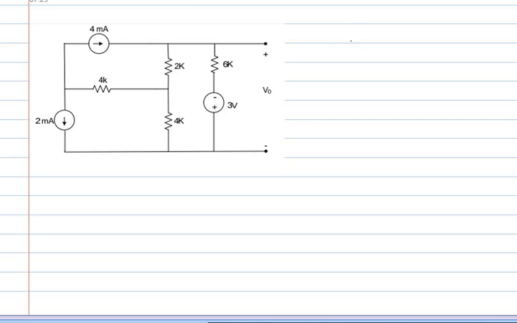Hello dear students. So next let us look at this particular problem of mesh analysis. Here the question is, what's the voltage V0? So find V0. Now to find V0, it's obviously clear that we have to find out what is the current flowing through 6K. For that we have to do the mesh analysis to find out the current elsewhere. So here I will write this as I1, here I will write this as I2, and let this be I3.